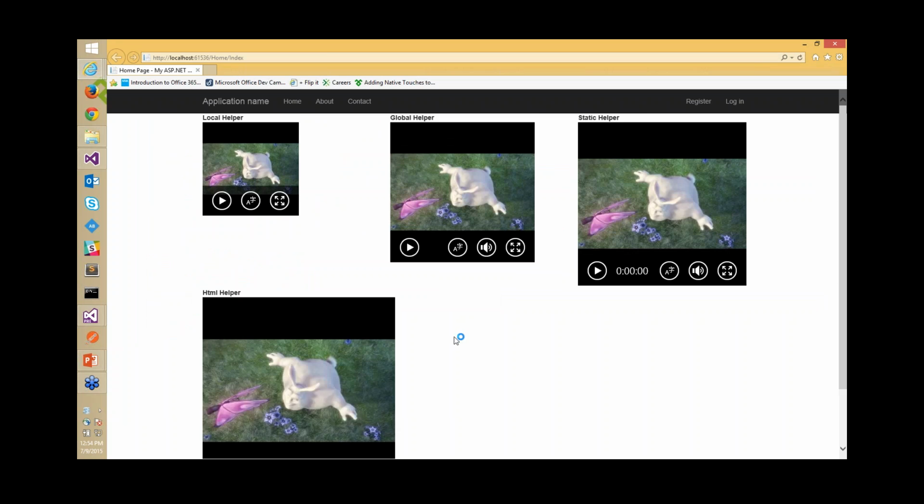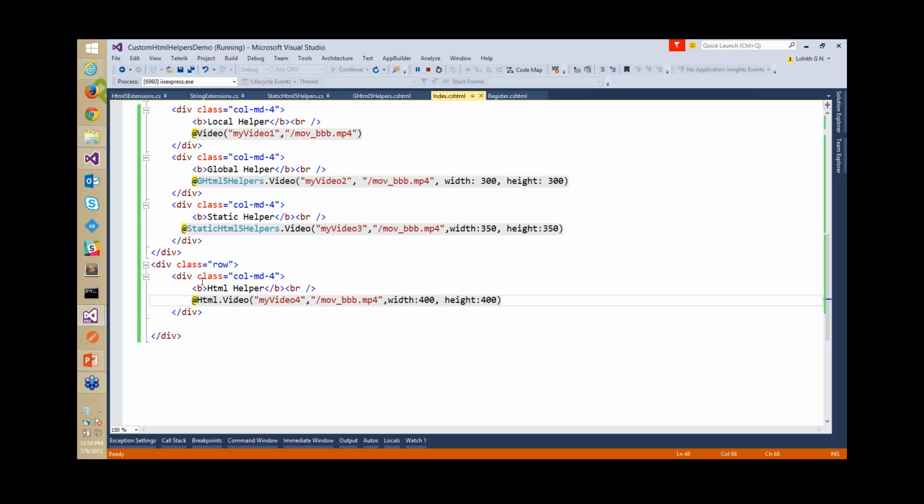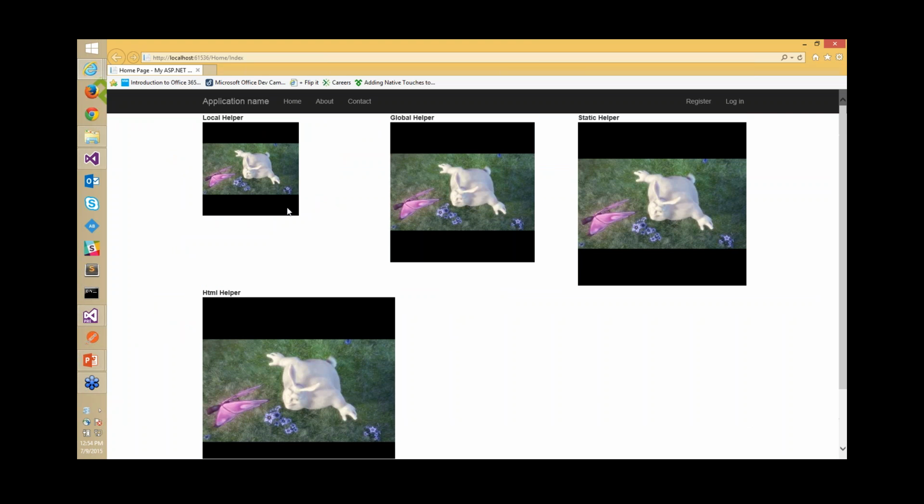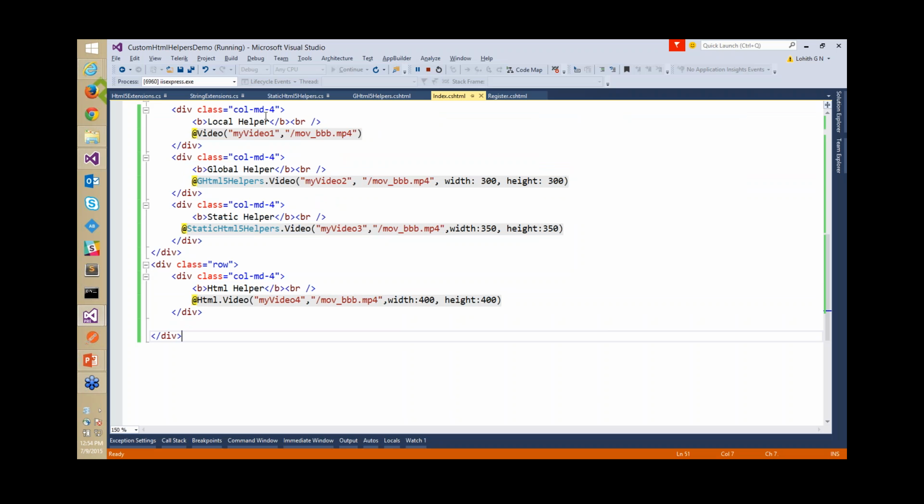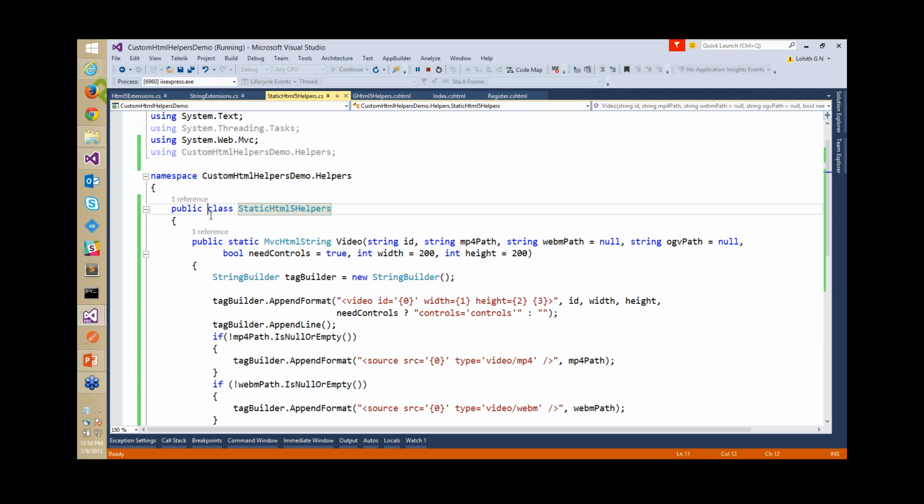And as I said, you will be able to get that, right? If you see here, it's an HTML helper. So there's a local helper, global, static, and then HTML helper. Somebody is saying, why don't you make this a static class, and then I'll get it. But the thing is, if you don't make